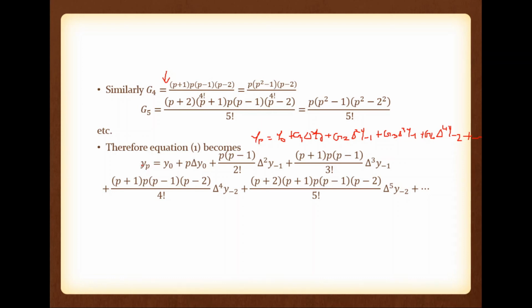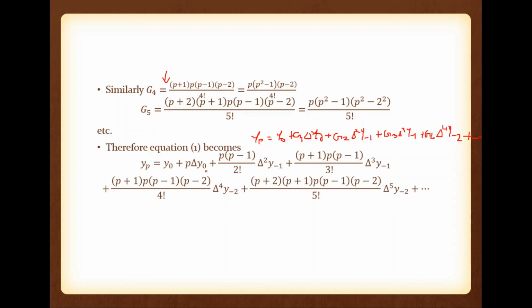We are going to convert these forward difference terms back to the central difference terms. Okay. So what is delta y0? We already went through that conversion. We converted theta y 1 by 2 to delta y0. So this term is theta y 1 by 2. We converted theta square y0 into delta square y minus 1. We converted theta cube y 1 by 2 to delta cube y minus 1. We converted theta raised to 4 y0 into delta raised to 4 y minus 2, like that way.